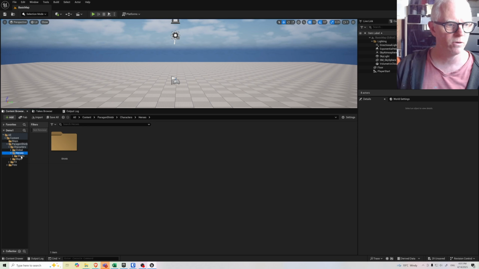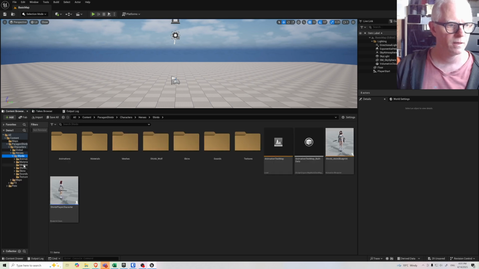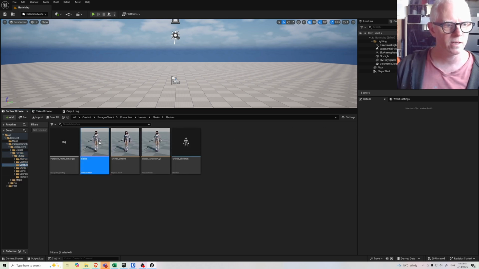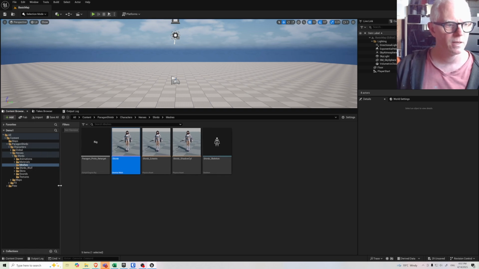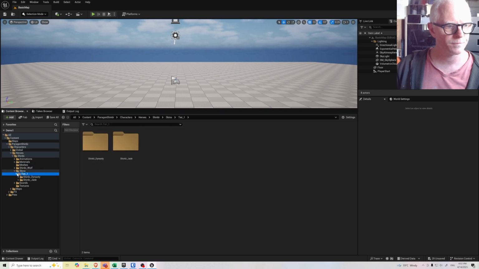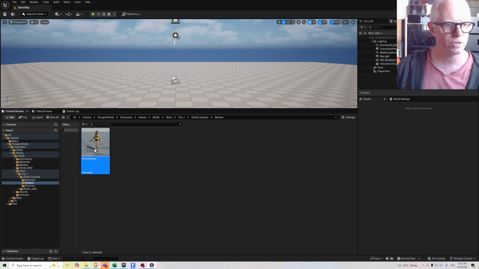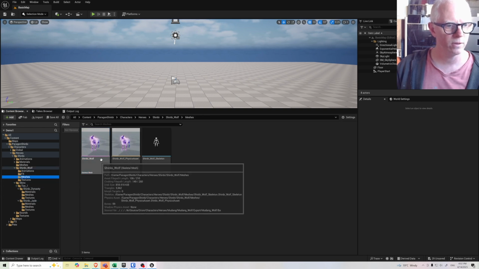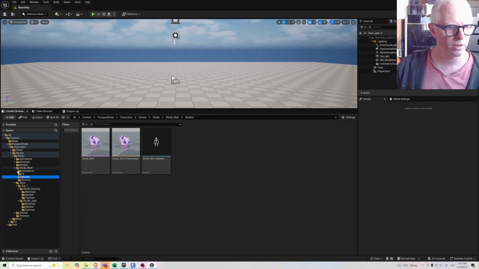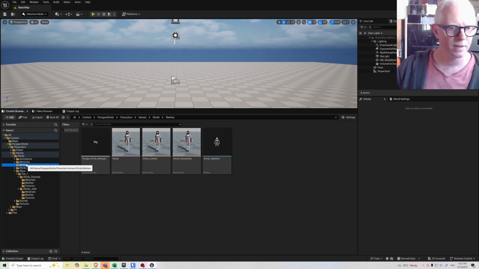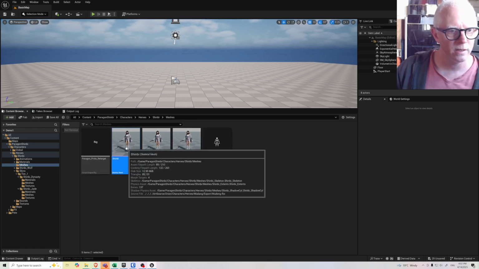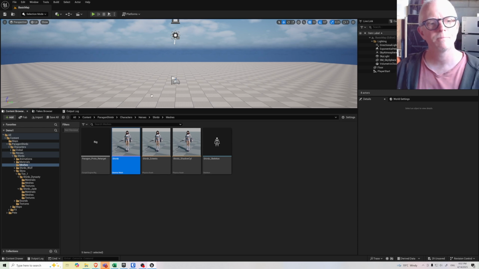And if I go into the heroes, Shinbi, meshes, I can see I've got a skeletal mesh there. There are also variations that you can find under skins. Just drill down until you find meshes. There's one. Here's another one, a green one. And here is even another one, which I'm going to ignore because that doesn't look like a person. So I'll just pick this one here. I'll put it here in my scene,